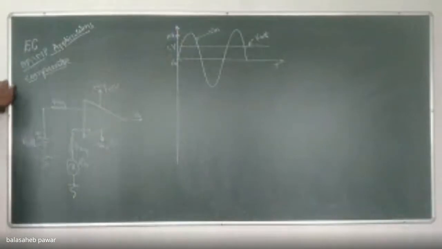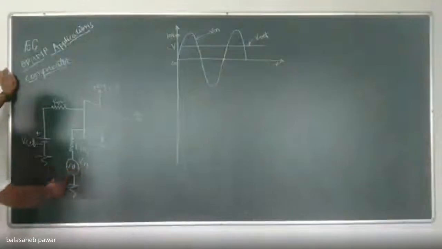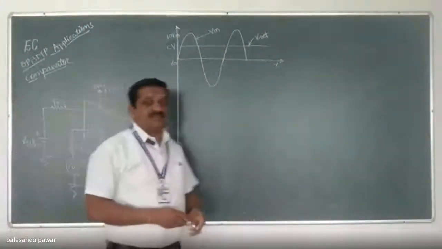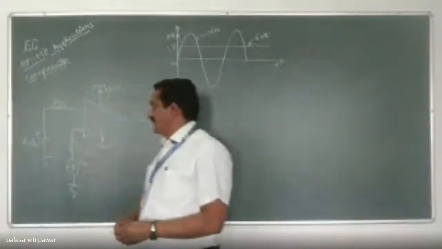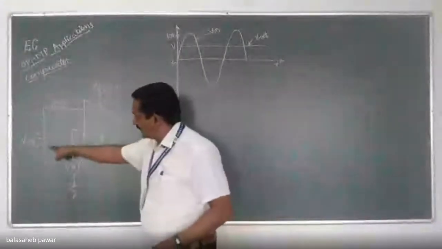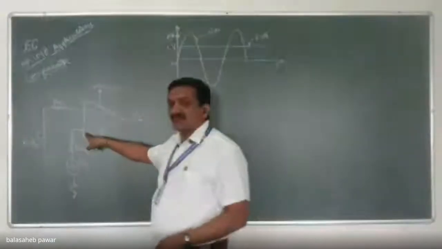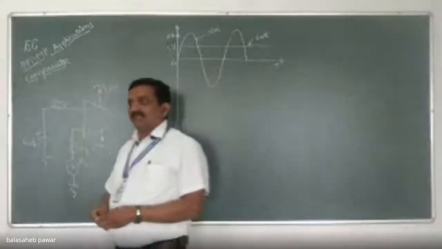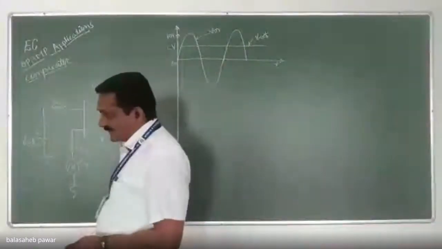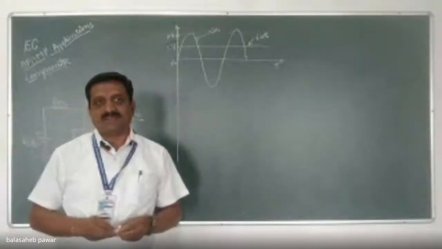So see, at t equals T0, V in is at 0 potential and reference voltage is at plus 5 volt, which is connected to the inverting terminal of this op-amp, while that V in time varying signal is connected to the non-inverting terminal. So at t equals T0, what will be the output of this circuitry? Can anyone?